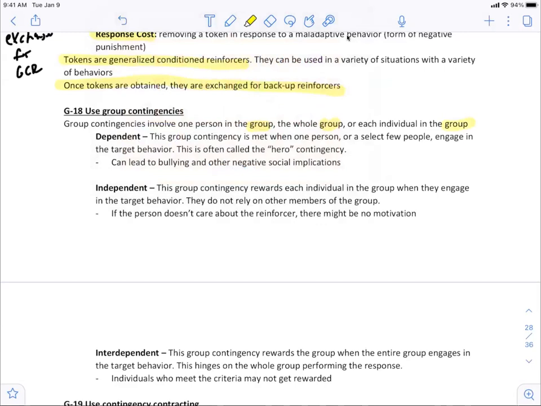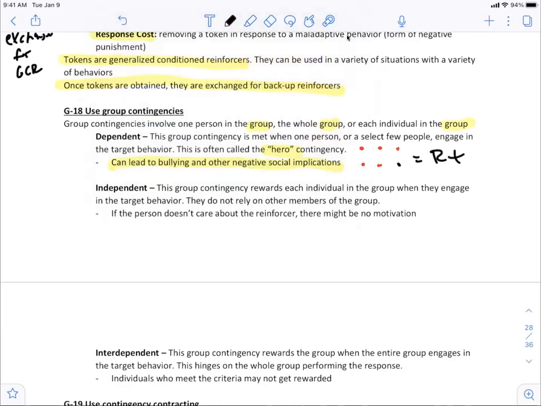reinforced. Now, you might immediately say, well, that could be an issue. Absolutely, it could. Often called the hero contingency. Jim is in a class of 20, and it's all on Jim to meet the contingency. What happens if Jim doesn't meet the contingency? Nobody gets reinforcement. What can happen? Can lead to bullying and other negative social implications. This is why you must be smart when choosing your group contingencies. Okay, so for example, if we have 6 kids in the class, it's all dependent on the black dot for